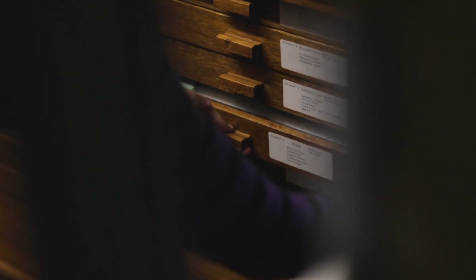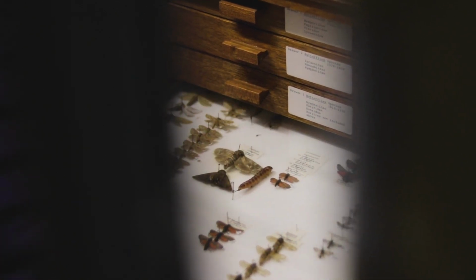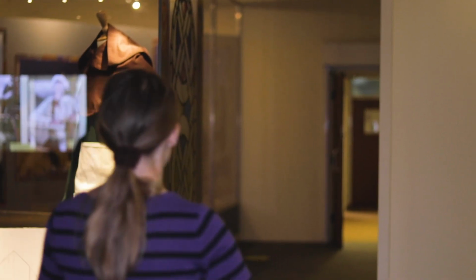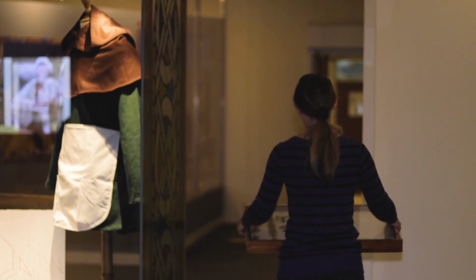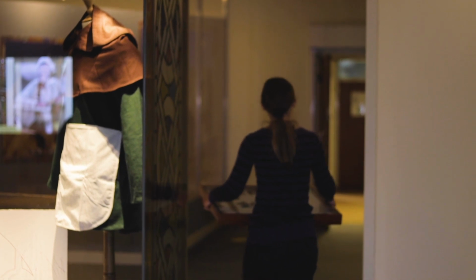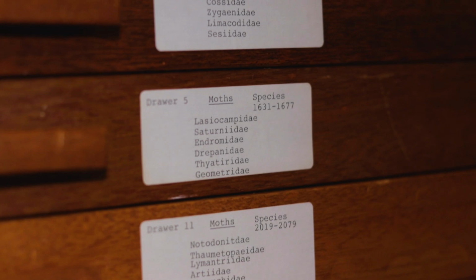I picked these because I really like the moths in the collection. They're a very interesting collection of, well, objects, I suppose, and we don't get to put them out on display very often because they're quite fragile, so I really wanted to just show you some of what we've got tucked away in the store. They've got a bit of an unfair reputation as being small brown boring creatures that only